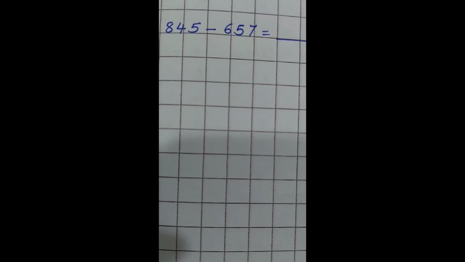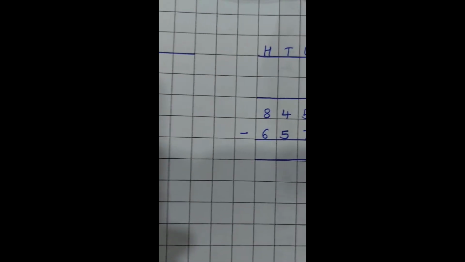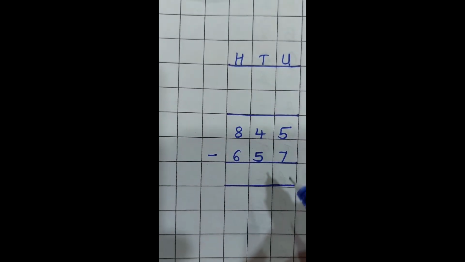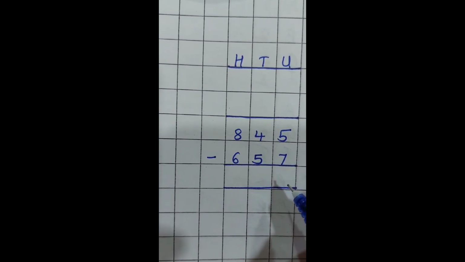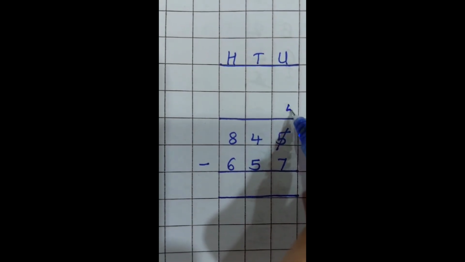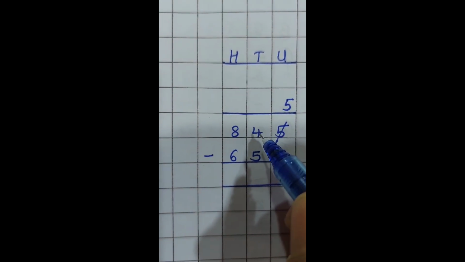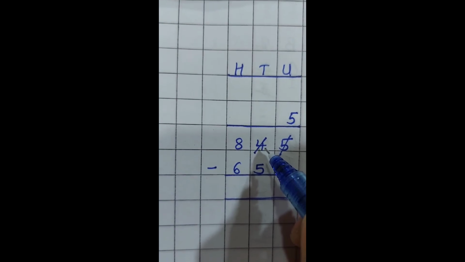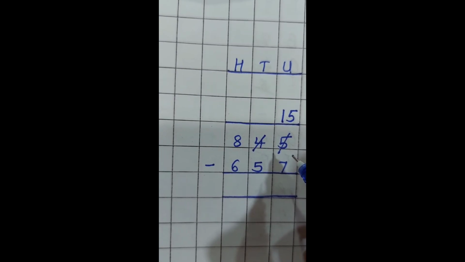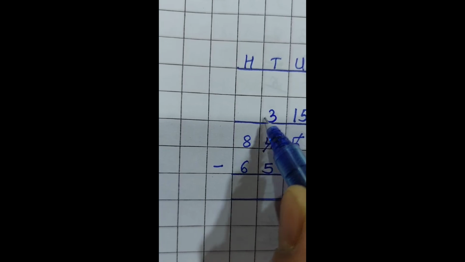Now let us see one more sum. Now let us solve this one more example, so you will get a better idea of subtraction by borrowing. So you arrange the numbers first in vertical order and you begin subtraction with the units place. Now 5 minus 7. We cannot subtract 7 from 5. So we cancel this 5 and write it up to make it a bigger number than 7. Now we have to borrow 1 from 4. So we untie this 4 tens and we take 1 ten into the units place, and out of 4 tens 1 ten is borrowed, so here remains 3 tens.